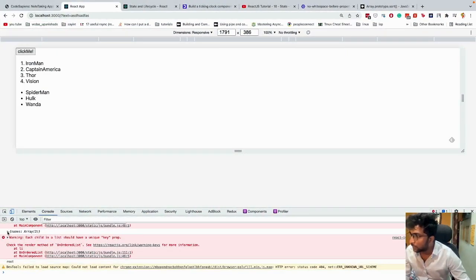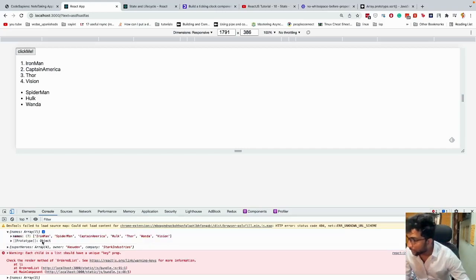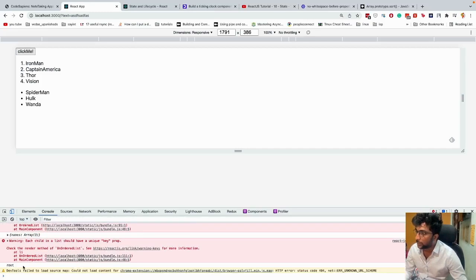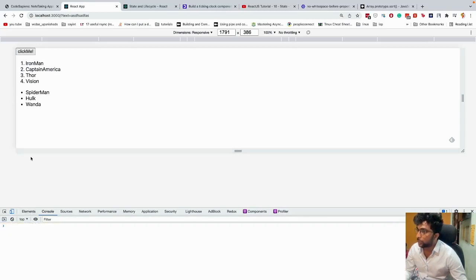See, first this.state has an array, this.props has an array. In the main parent component, you have this.names, which has 7 elements, and the order is Iron Man, Spider-Man, Captain America, and that's why you are seeing all of this. And in the props, you have superheroes, which is 4, and the first ordered list is Iron Man, Captain America, Thor, and Vision, according to this order. And similarly the second element as well. Now, when I'm clicking on the button,